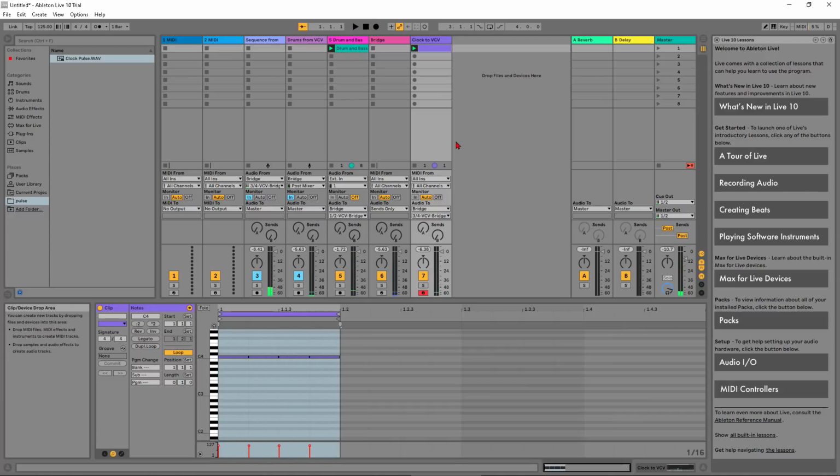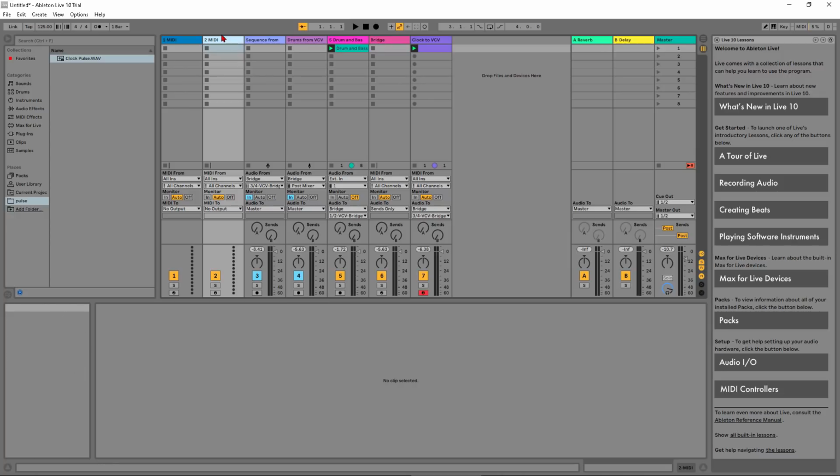Really cool, really nice. So we can send audio into VCV Rack, we can send audio from VCV Rack, we can sync VCV with Ableton, and it's super tight. And now let's sequence a voice in VCV with MIDI from Ableton. So let's rename a MIDI track. I will choose this one, for example, to